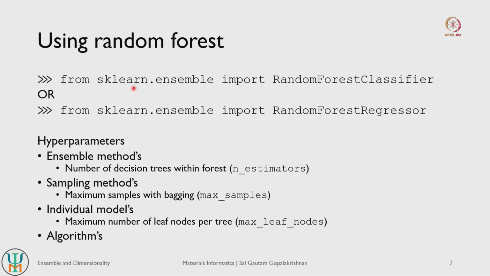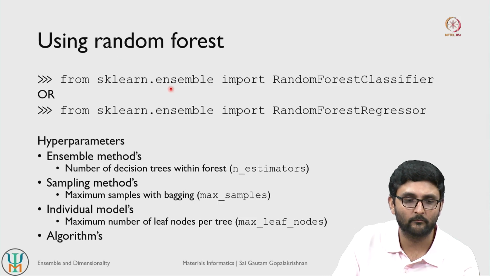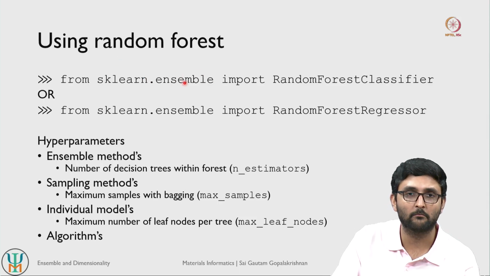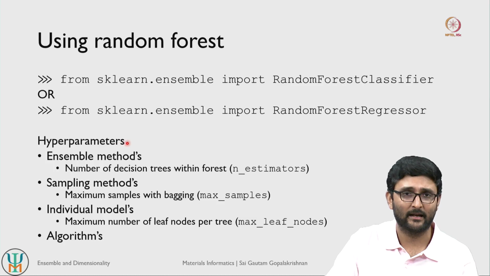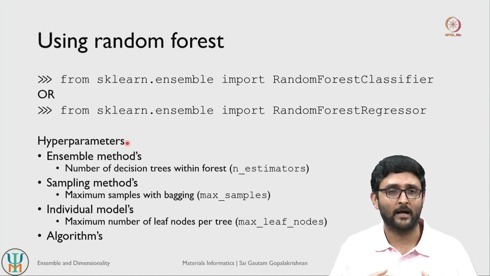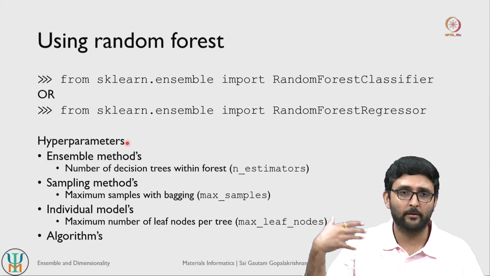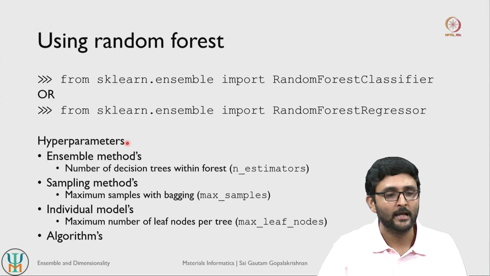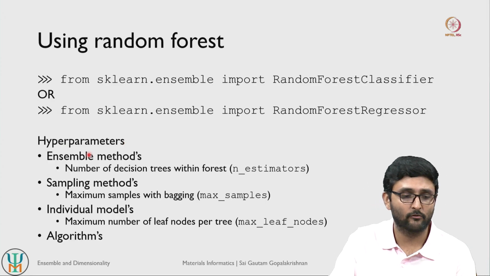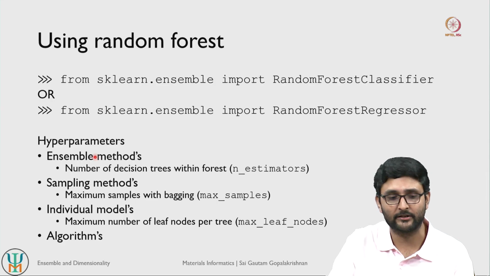Okay. So how do you actually use random forest? From scikit-learn you have this ensemble module, and from there you can import either the classification model, which is random forest classifier, or the random forest regressor model. And as you would expect, we are going higher in terms of complexity, and the more complex our models get, the more hyperparameters we will have to worry about, right. So in the case of ensemble models, you will have 4 different sets of hyperparameters that you will have to optimize and tune.